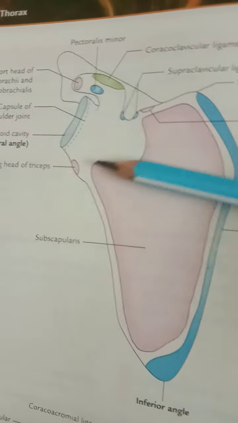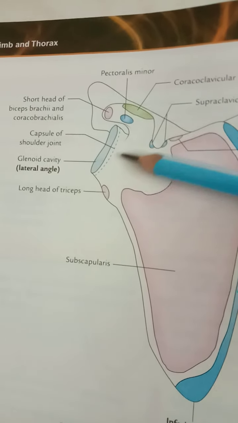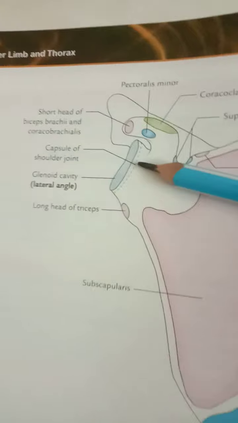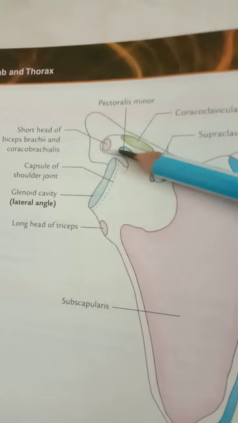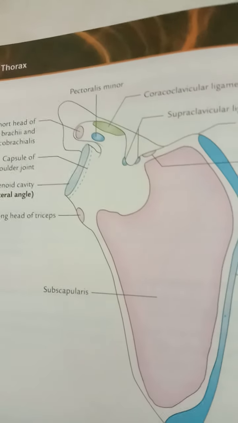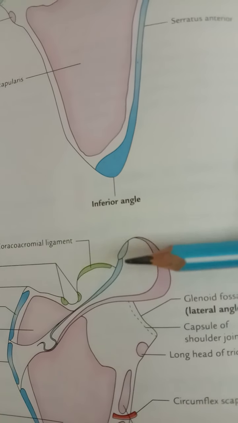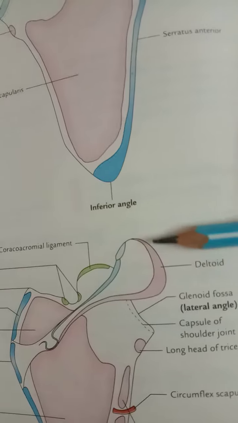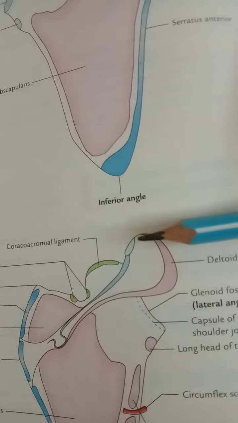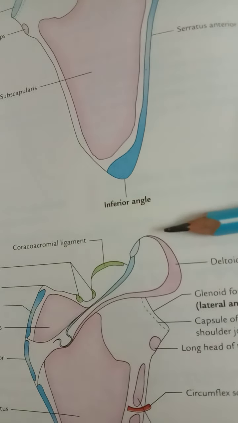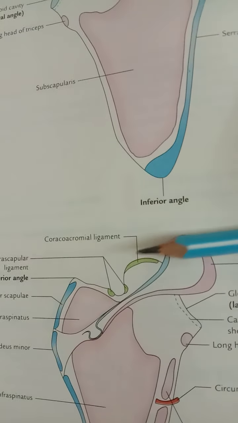Then let's see the ligaments related with the scapula. The periphery of the glenoid cavity is attached to the capsular ligament of the shoulder joint, meaning the glenoid labrum is attached to this side. After that, the capsular ligament of the acromioclavicular joint is attached to the margin of the facet present on the medial aspect of the acromion process. So here. Then the coracoacromial ligament, so this one, the green color here you can see.